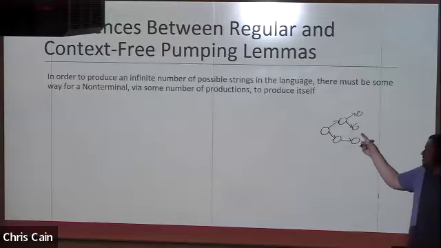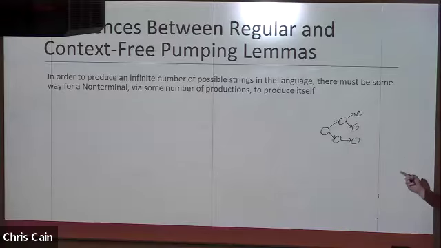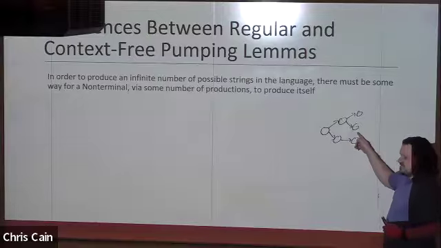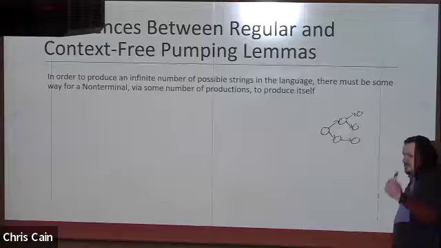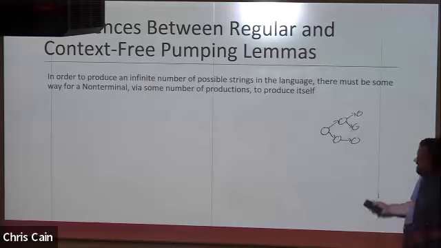There are only some number, if some of these states were final, there are only a finite number of strings in the language. In order to create an interesting language, there has to be some cycle, because then you can iterate that cycle to create any number of strings that are in the language, as long as on some path from an initial state to some final state, there is some cycle. Suddenly the language goes from finite to infinite. There's no larger finite. It just goes to however many strings there were, now it's infinite.